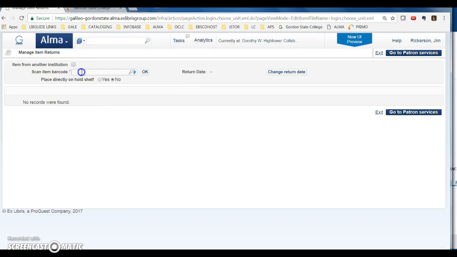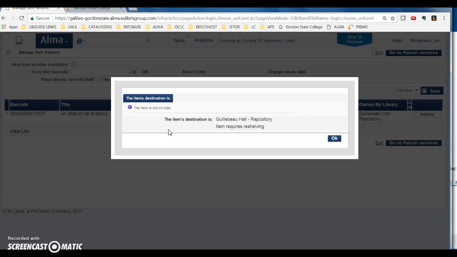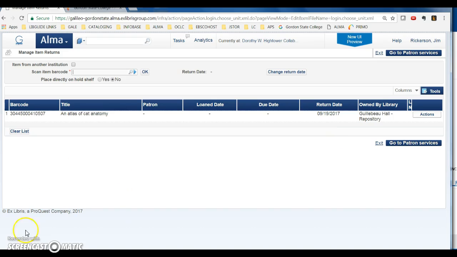And all we have to do is enter or scan in the barcode and click OK. Well, I already checked it in, so it says item not on loan, but it normally wouldn't say that. It says the item's destination is Guillebeau Hall repository, and it's going to send the transit slip to the circulation